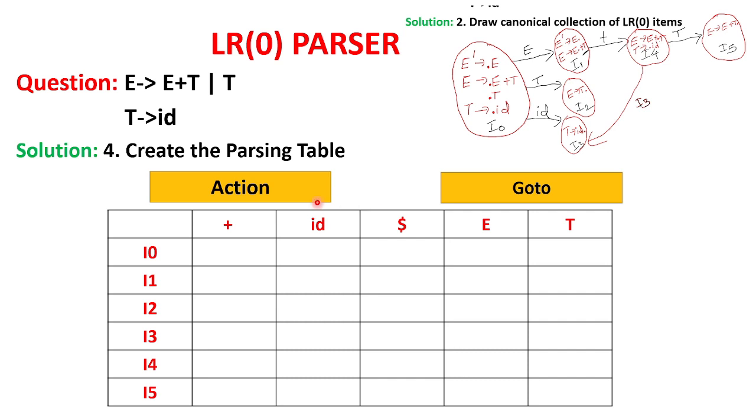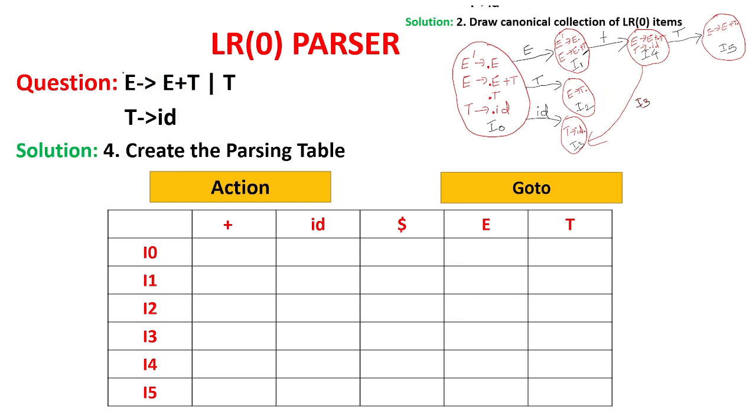These are the terminals which are there in the action part, and E and T are non-terminals which you have to write in the go-to part because only two non-terminals are there in the original grammar, that is E and T. Whichever are present on the left side of the production are called non-terminals and they are always present in capital letters. And I0, I1, I2, I3, I4, I5 are the states which I have drawn in the canonical collection. You can see over here, there is I0, I1, I2, I3, I4, I5. So now we have to draw the parsing table using the canonical collection and using the original grammar.